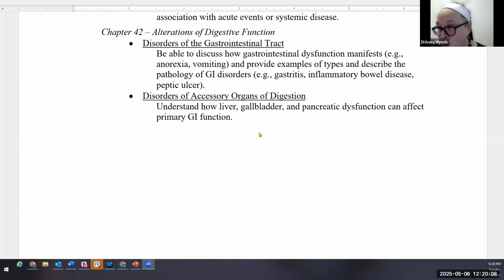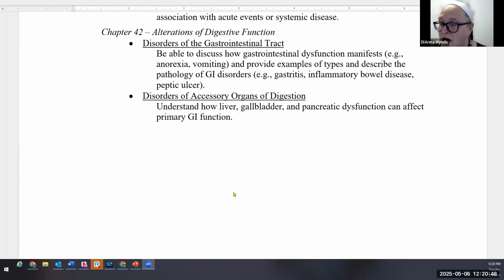And so in doing this, you're going to want to know a little bit about what the GI tract looks like, from the esophagus to the stomach, to the small intestine, to the large intestine, to the rectum, and getting rid of the waste products from the digestive system. How things are absorbed mostly in the small intestine, and then you're removing water in the large intestine to concentrate the feces, and then what dysfunction of that's going to look like, right? Like diarrhea is a primary dysfunction that you might see in the GI tract.